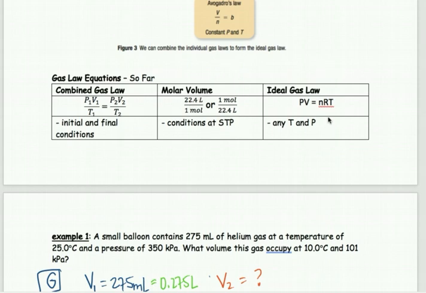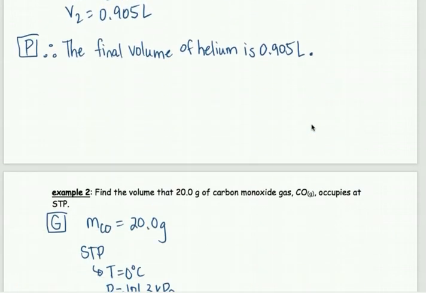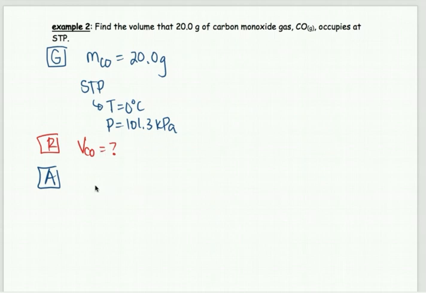But I know some of you like just memorizing one method and just using that method, and that's fine, okay? So we could do this example with both of these, and we'll find that the answer is pretty close. If we're going to use the molar volume method, that means we're going to somehow use this 22.4 liters equals 1 mole, so we stack them up in some way. If we're going to use the ideal gas law,